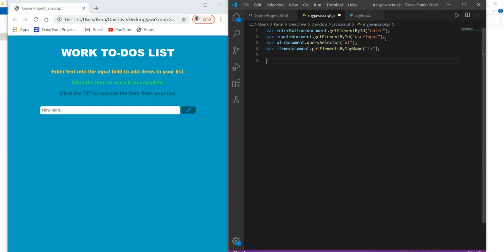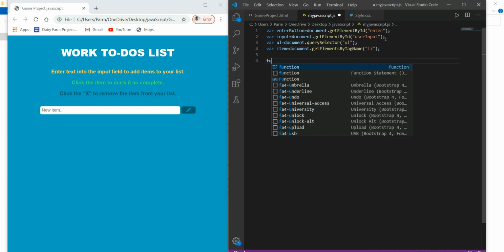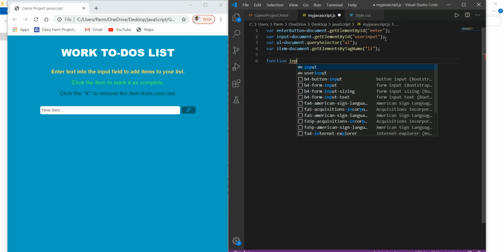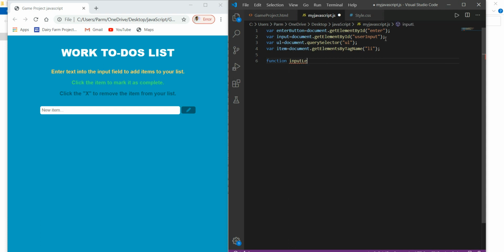So here we have to create our first function. As we already know in JavaScript, the function keyword is used to create a function. Then we have to give the name of the function. Here we are going to give the name of the function as inputLength. Whenever we create a function, we use the function keyword, then give the name of the function.